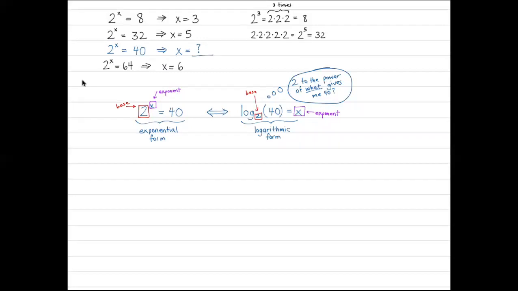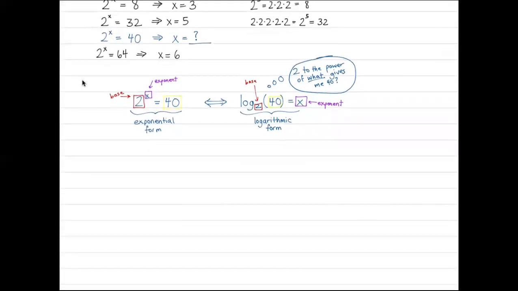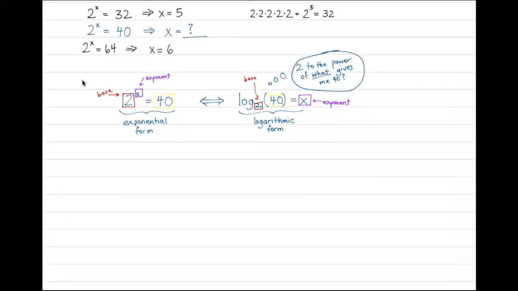Yellow maybe? Hopefully this is okay to see, right? So this 40 is sort of the answer, and that's the thing that's going to go inside the log. Okay, so we can rewrite something back and forth between these two forms. Let me blow this up for you a little bit more. There we go. Okay, so a few things that I kind of want to note about